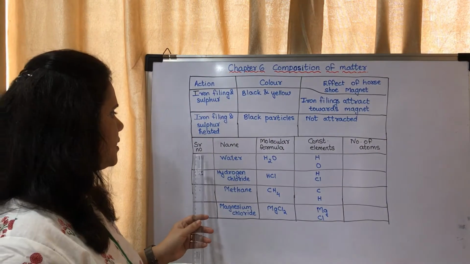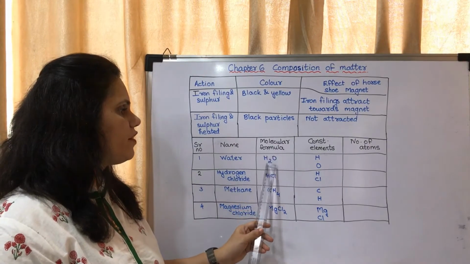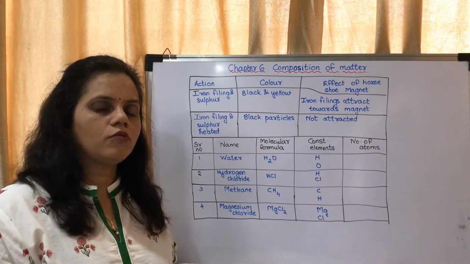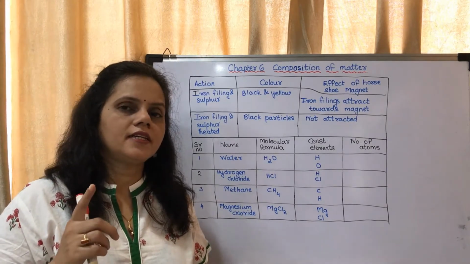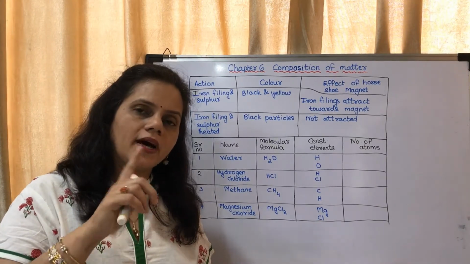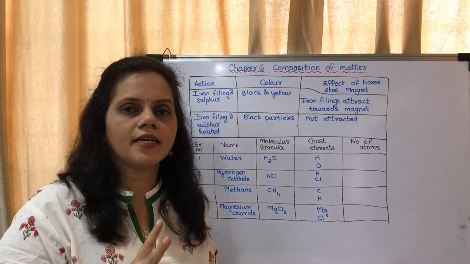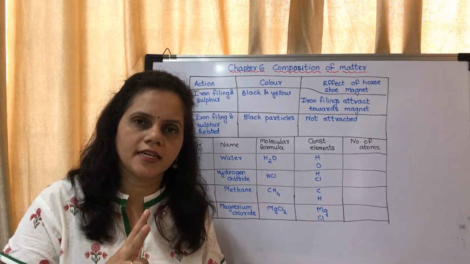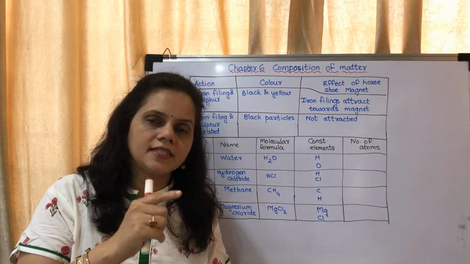Okay, so here you may see the name is water. The name of the compound is water. The molecular formula is H2O. What are the constituent elements? H and O. How will you differentiate whether there are three elements or two elements? If there is one single capital letter, that is one element. If there is one capital letter and one small letter, that is a single element. If there are two capital letters, they are two different elements. I repeat, if there are two different capital letters, then it is two elements. If there is one capital letter and one small letter, that means it is a single element.